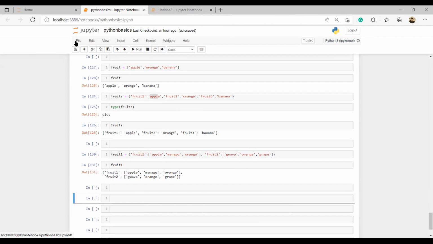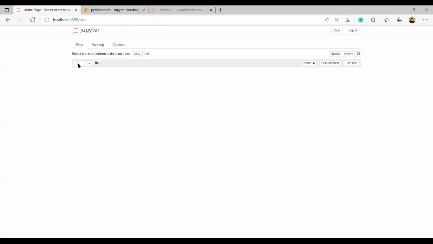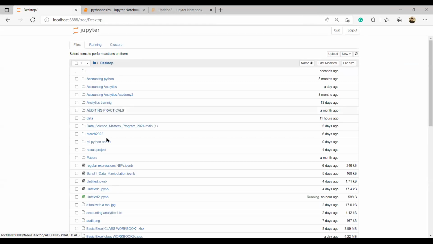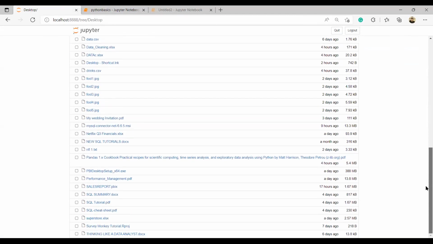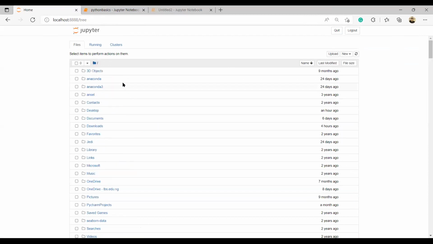That's your root. So normally it will save it somewhere here. But if I have clicked desktop, it will save it on my desktop. That's basically it.